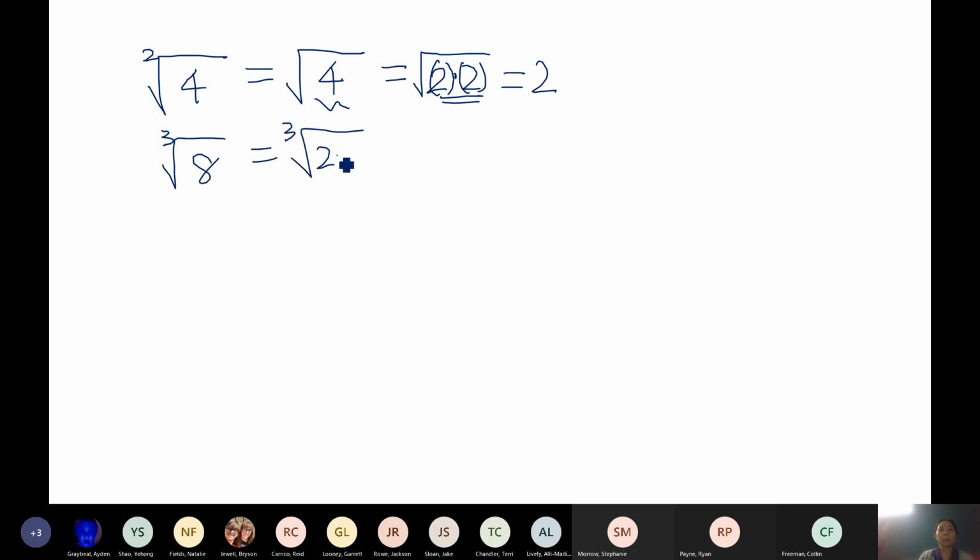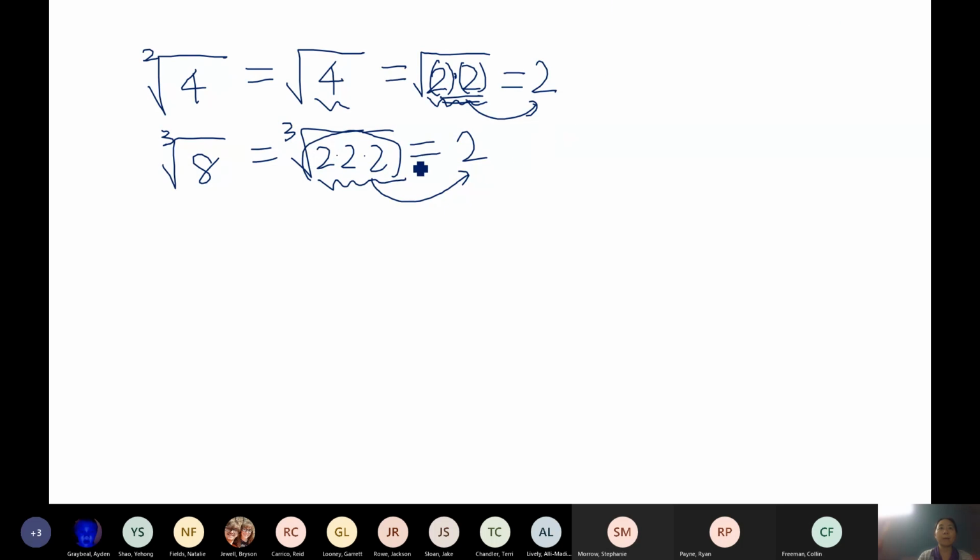Cube root of 8, so we got 2, 2, 2. That's going to be 2. So when you simplify a square root number, you try to look for 2 copies of something. And when you try to simplify cube root, you look for 3 copies of something. And of anything, you get that out to get a single copy. Okay. All right. So now we're going to